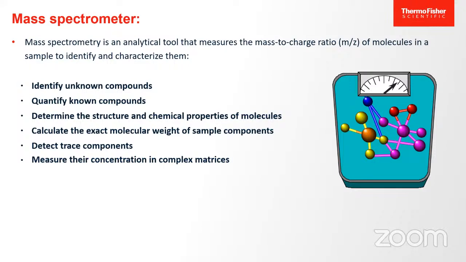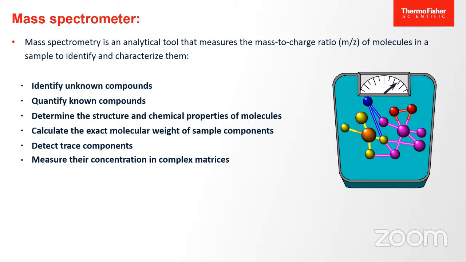Now, if you want to measure, for example, that X and Y proteins are present, say IgG, what is the concentration of that particular protein or metabolite? It also has a unique capability to determine the structure or chemical properties of a molecule. This property is more utilized by chemistry people or pharmaceutical companies who want to characterize a particular compound. I'm not going to discuss those parts, but yes, it can detect trace-level components, or very fine concentrations, and that's where it comes into the picture.